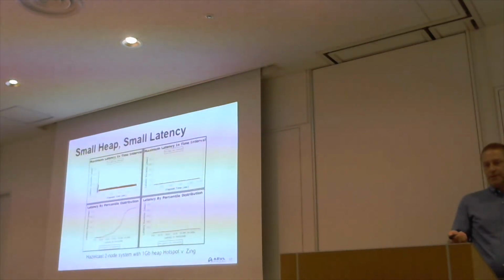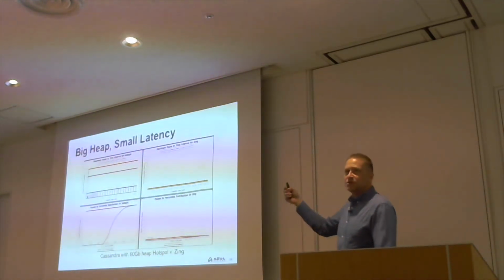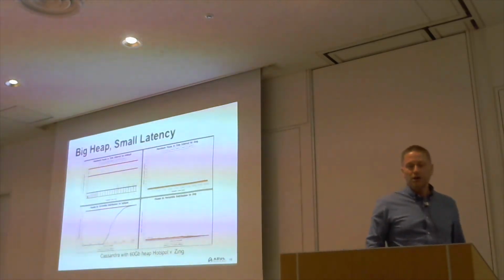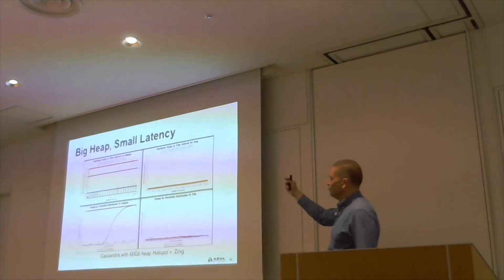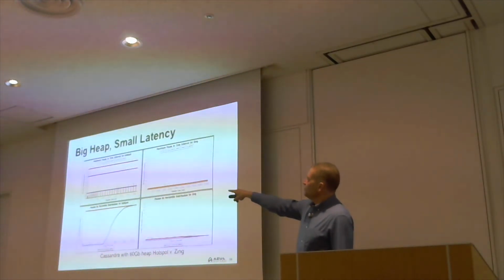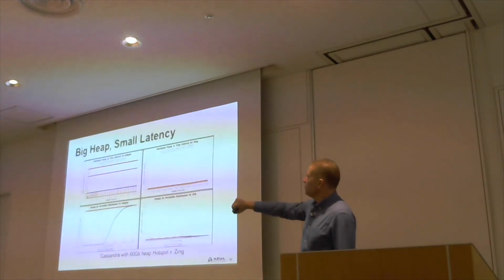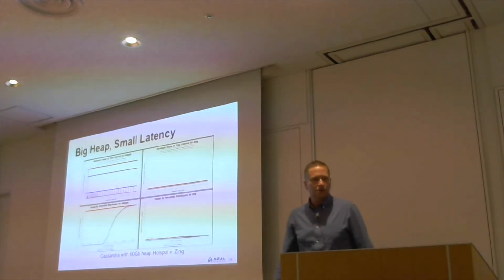So that's a small heap. We do the same thing with a big heap. This is Cassandra running on a 60 gigabyte heap. So again, a nice typical workload. And we've got HotSpot on the left, Zing on the right. This time we're seeing a slightly different profile. We've got a really big spike there on the left as it starts up, and then it's settling down with some fairly regular pauses,